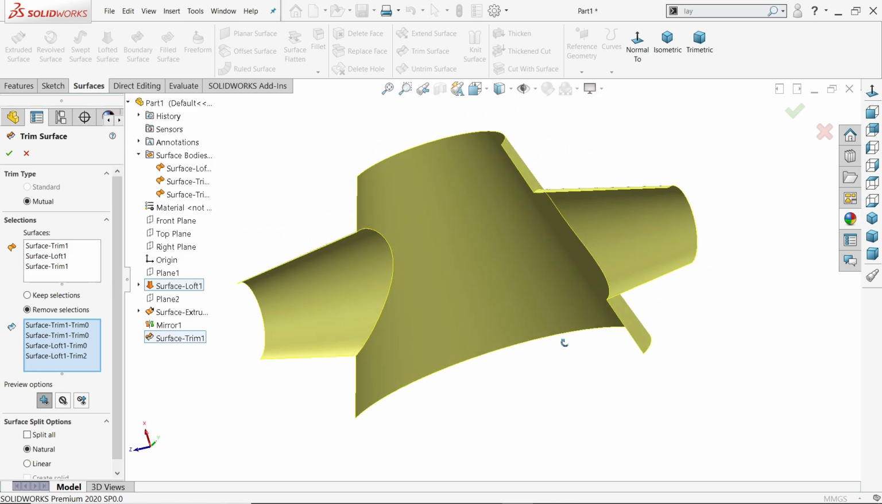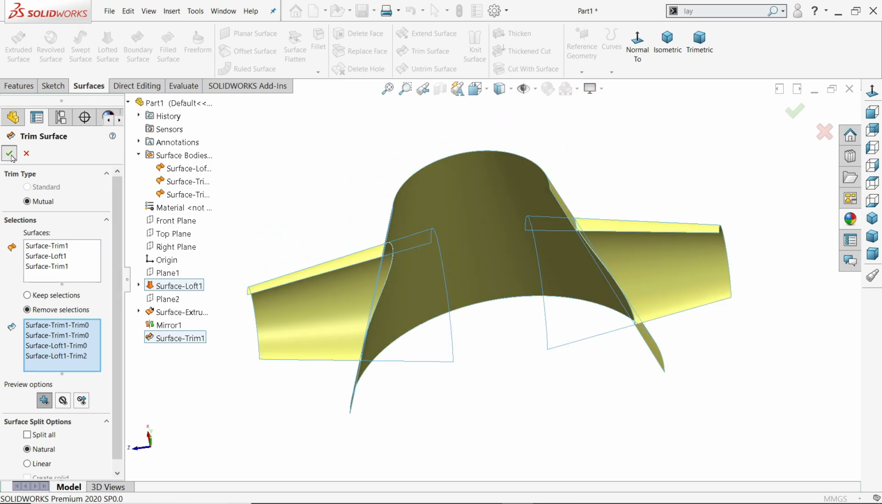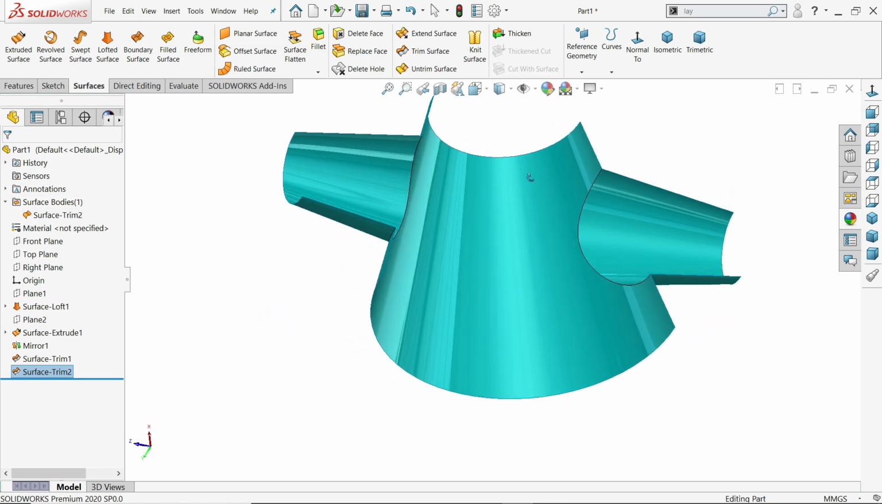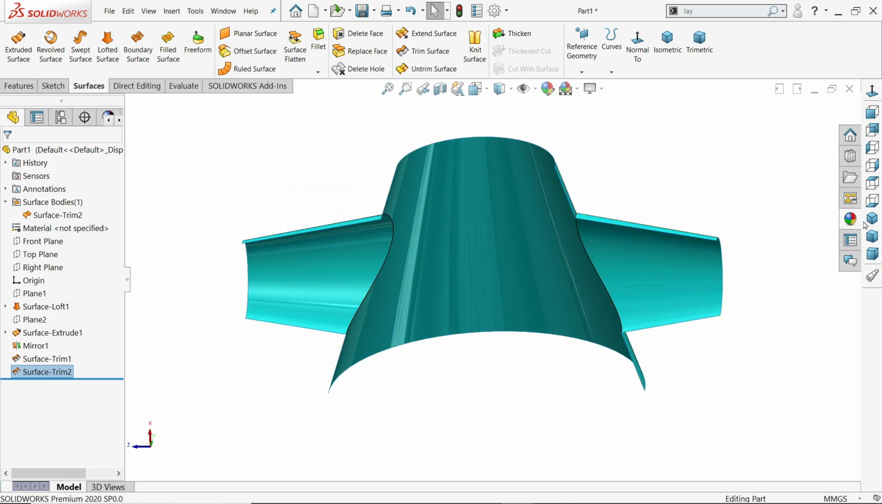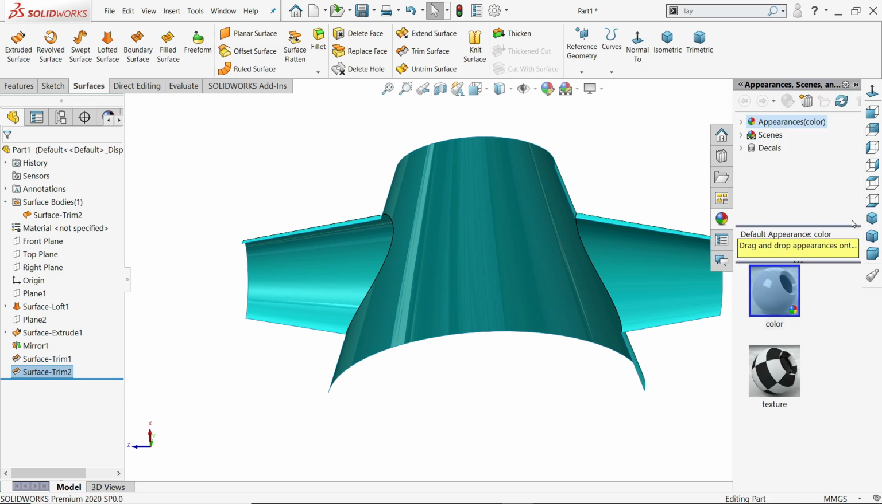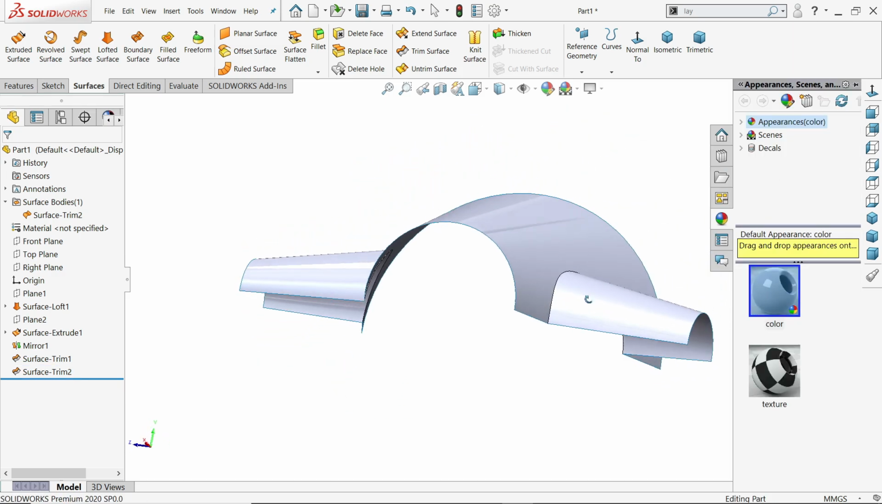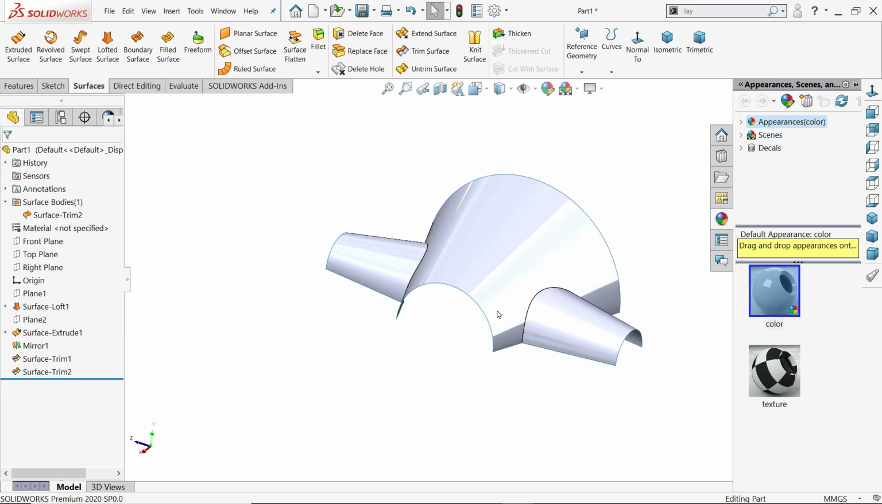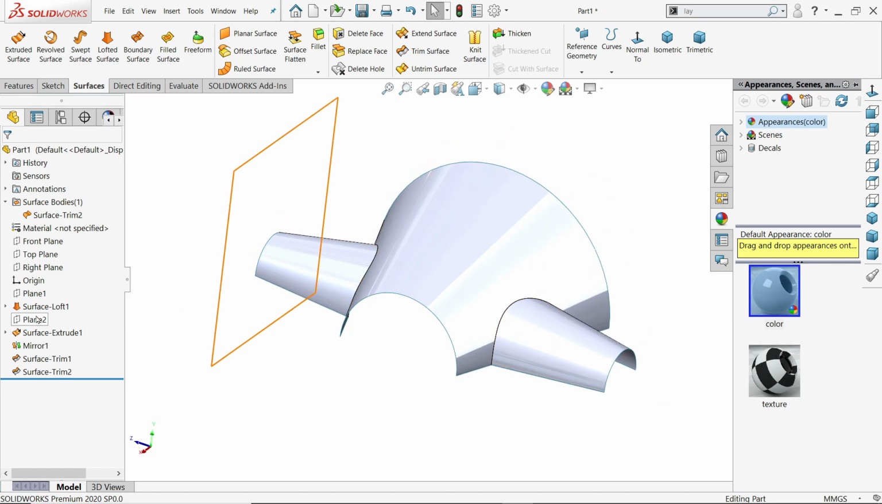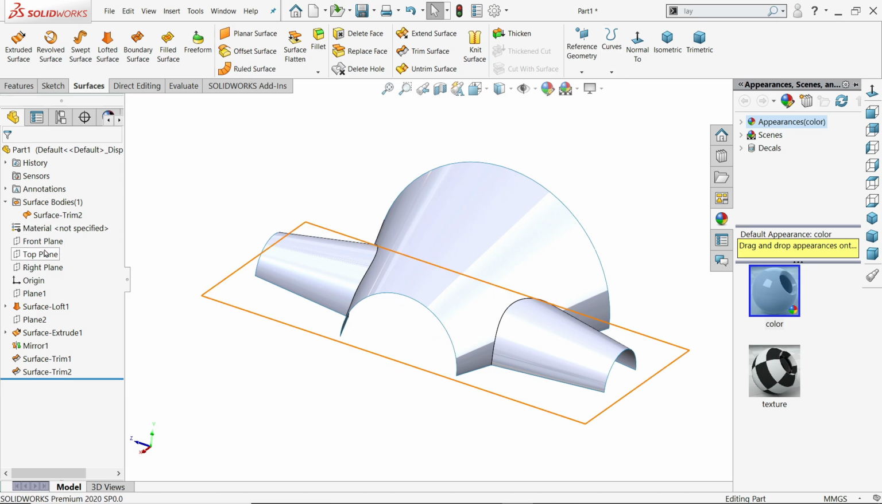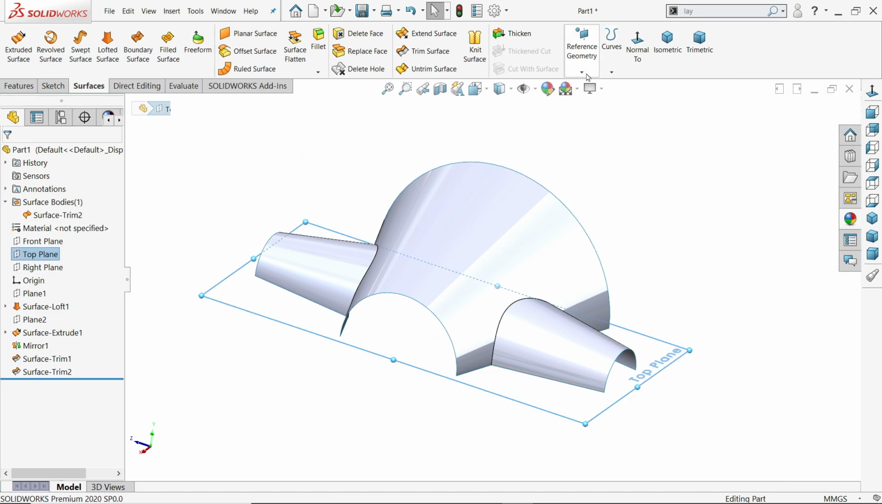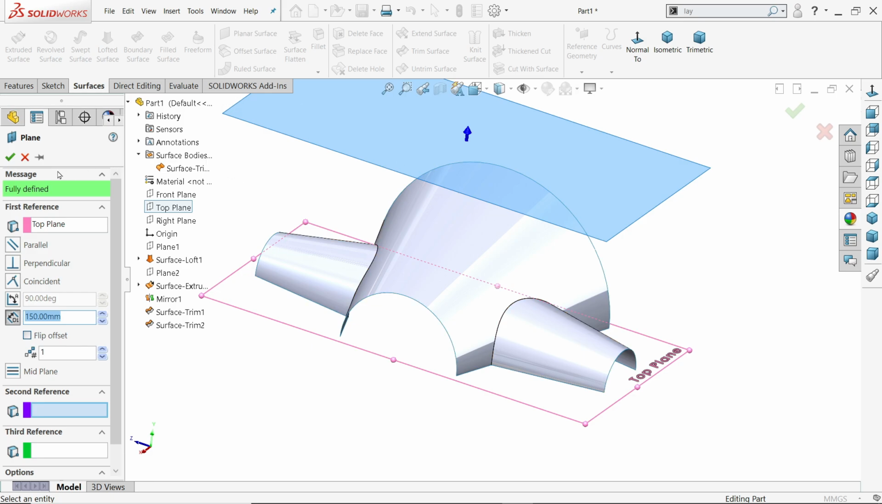Now that's all trimmed. Say yes. Look, it is not clearly visible, so let's go to our previous. That's it. Look, now again I have to choose plane, top plane, 150 millimeter upward side,